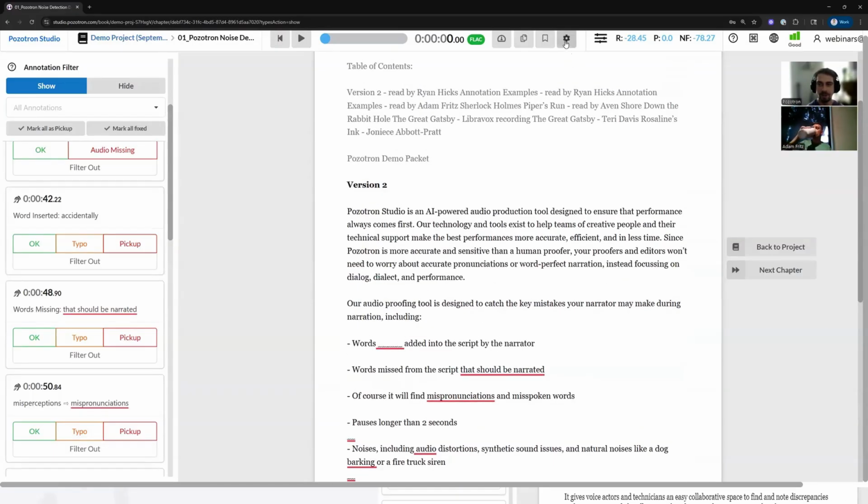Last thing I'll show you here is this little settings icon. These are the interface options, all of these. You can disable auto scrolling. So this is, if you have that disabled and I have the audio playing up here,